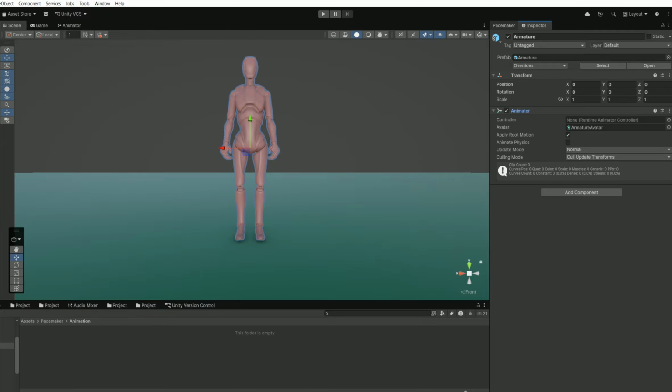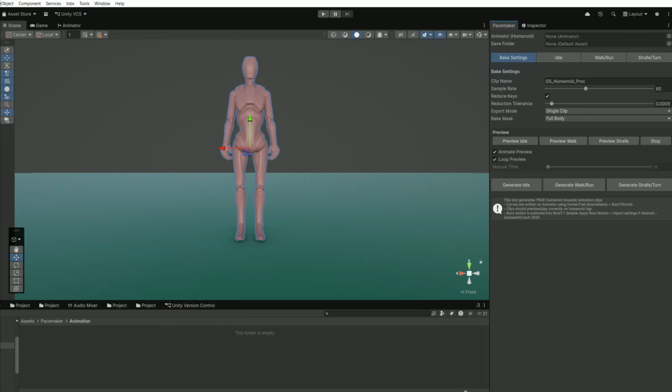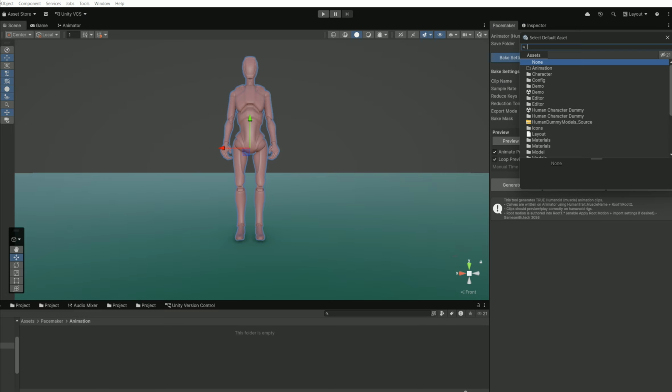So as I say, we can open up Pacemaker here. We'll pull in our humanoid model, and we'll create a save folder. This is where the output clips will be saved. I've got one here, animation,